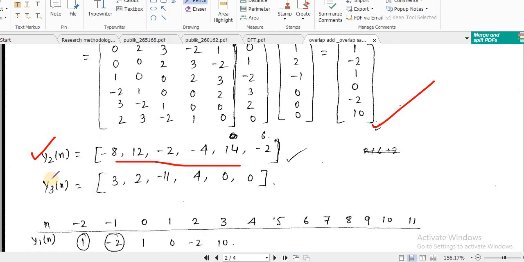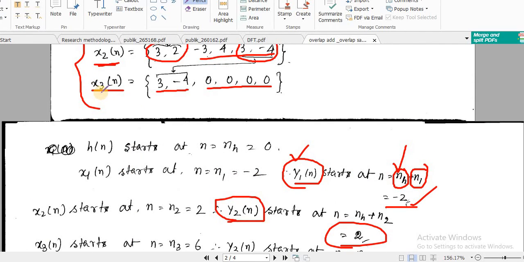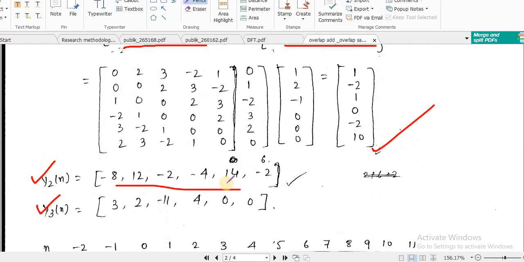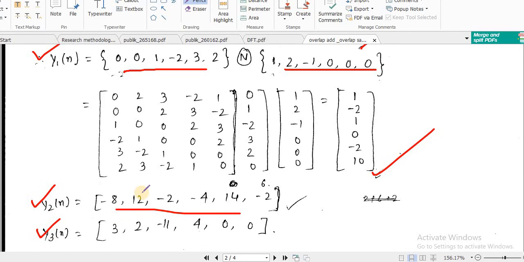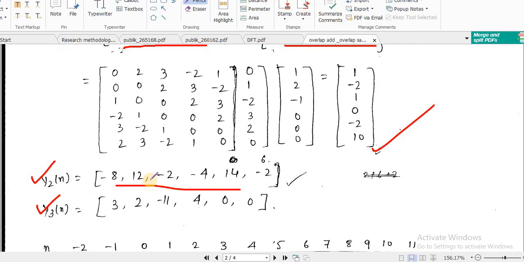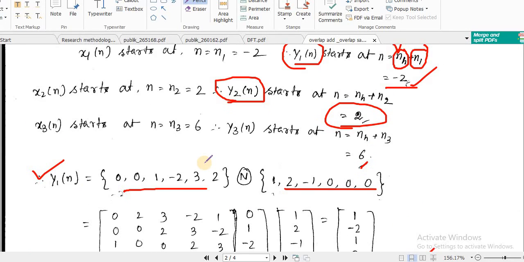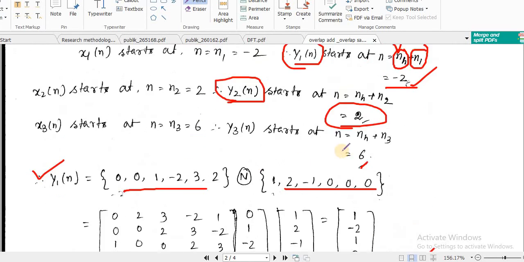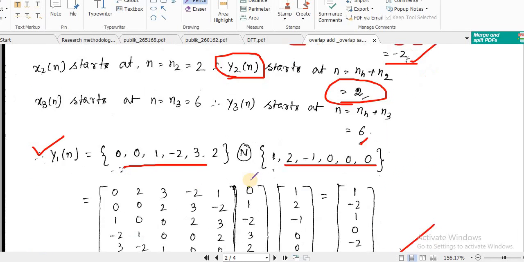Similarly, the result of y3 of n is the circular convolution between x3 of n and h of n. And so we got the 3 results: y1, y2 and y3. And in each case, we also know the starting point: the starting point of y1n is minus 2, y2 of n is plus 2 and y3 of n is 6.